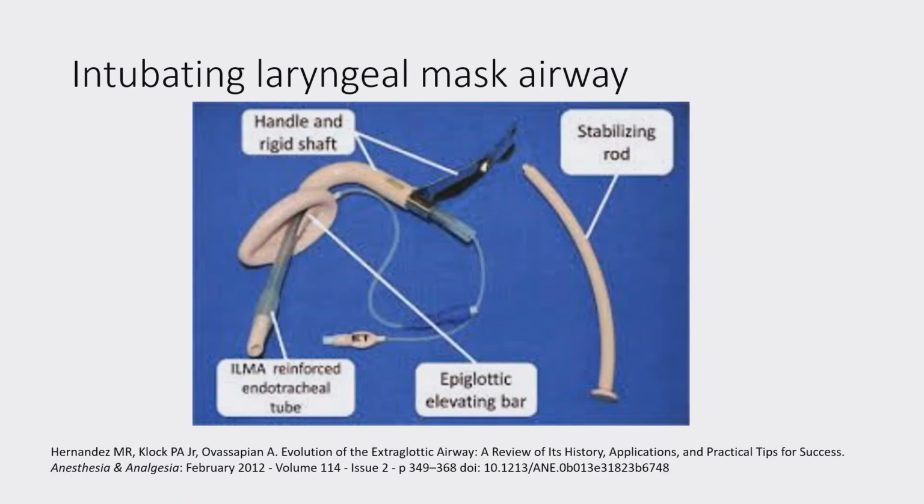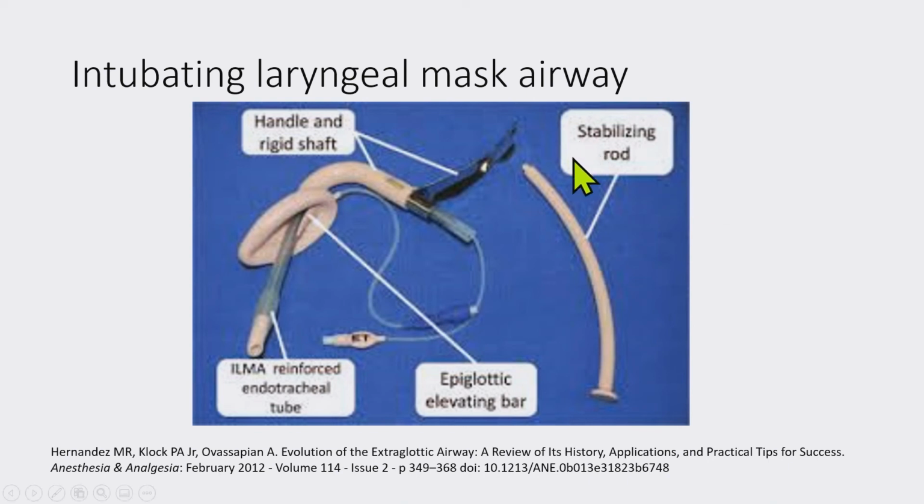This picture shows the intubating laryngeal mask airway, which is a modification of the original laryngeal mask airway. There are three components: the laryngeal mask airway with a metal handle, the endotracheal tube, and a stabilizing rod. First, we insert the laryngeal mask airway, and then insert the endotracheal tube through the laryngeal mask airway, and then